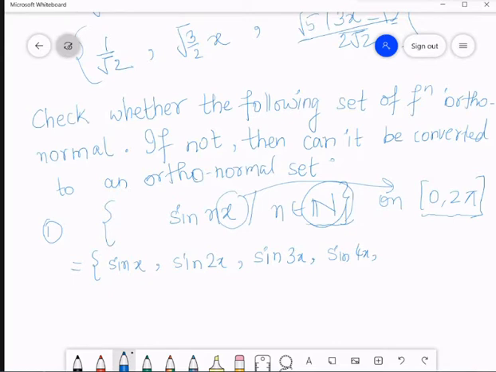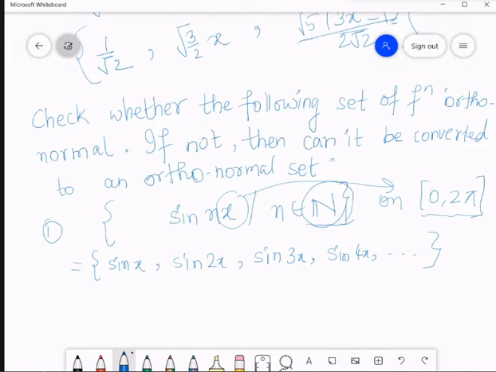How many numbers are there? If I say 10 raised to 10 is the last natural number, then I can add 1 to it, and still it's a natural number. So there are infinitely many natural numbers. Here I don't have a bound. This will keep on coming. So I have an infinite number of functions available in this set.